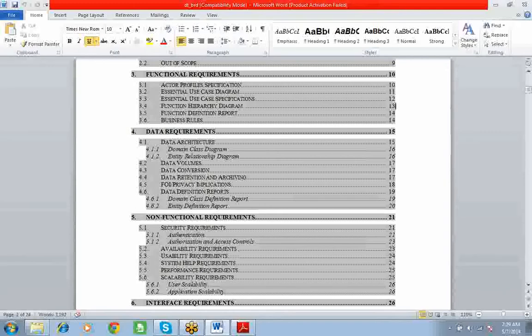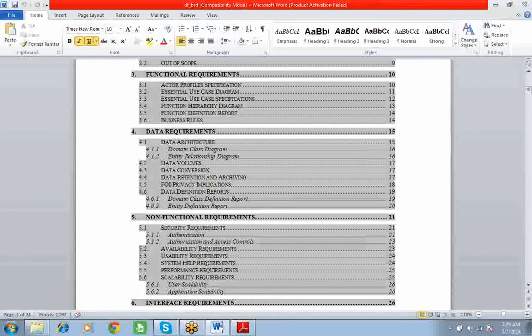I told you we have to draw the use case document, use case diagram, and so on. Okay, diagrams. Fine. Then functional hierarchy, hierarchy diagram, then definition report and business rules. That's it. So this all comes under functional requirements.